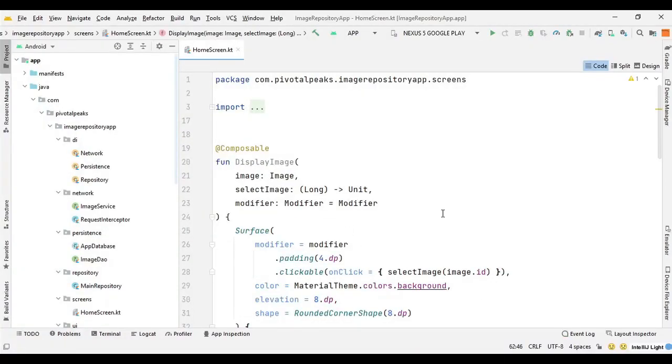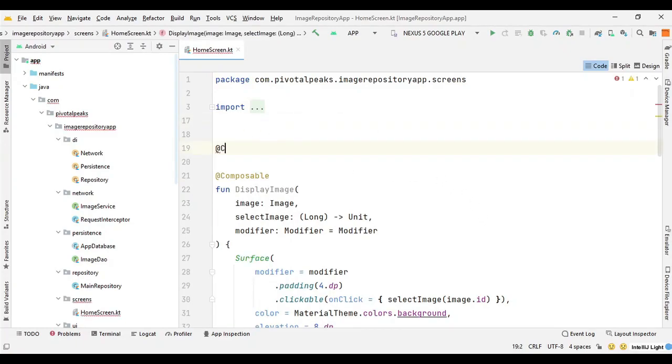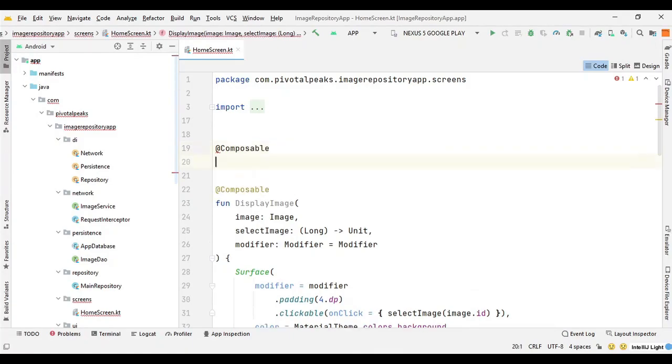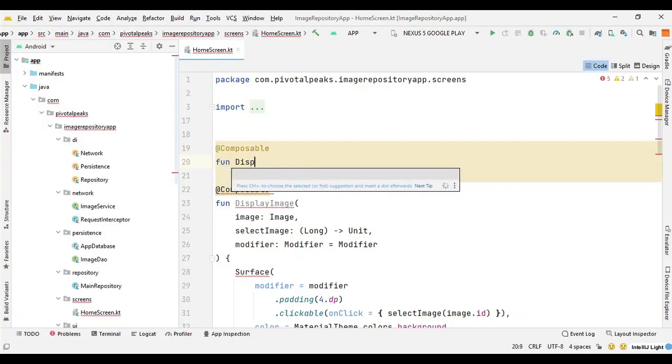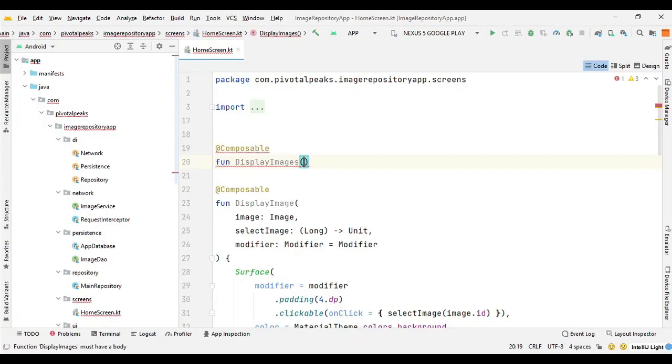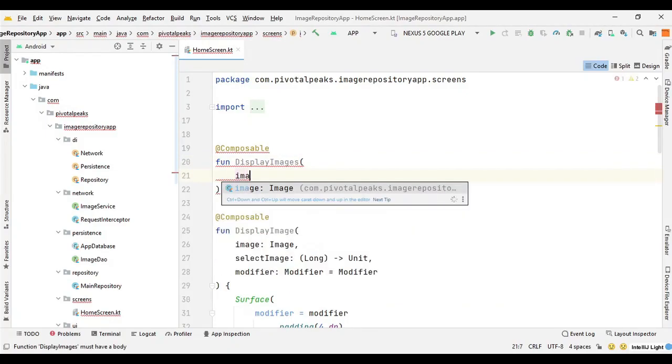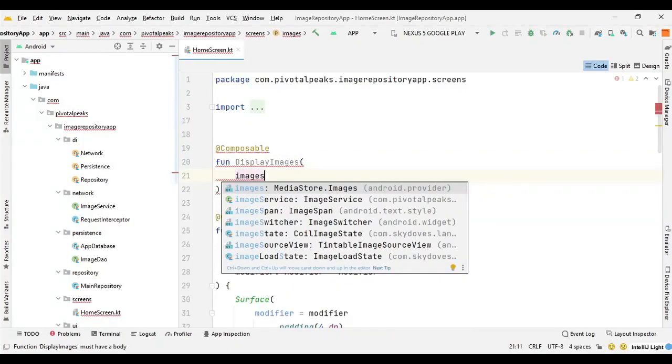So after creating function to display a single image, now we need to create a composable function to display the list of images. So we can say here add composable function display images, and here we need a list of images.